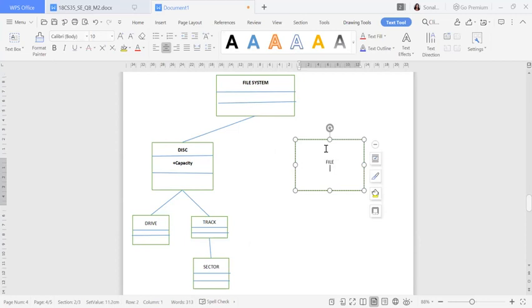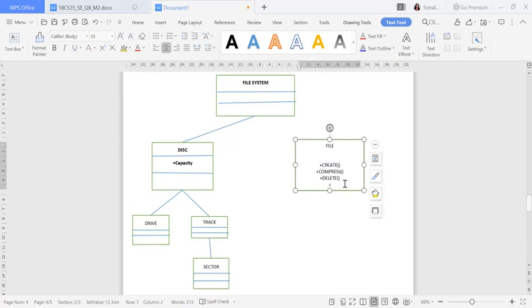Below that I'm going to write some function names. You can write create, you can write compress, you can write delete. Don't forget to give the function names. These are the functions. Okay, delete.